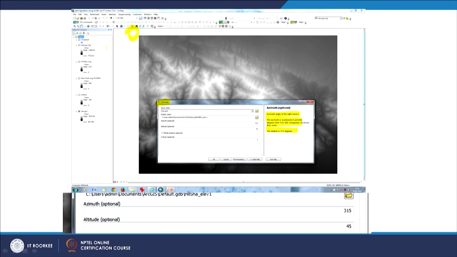By default, the software has been set like this. See here, 315, 45, not near 145 or something. So the developers of the software have kept the default value while creating hillshade, that the illumination source should be located in the northwest direction, without basically acknowledging the false topographic